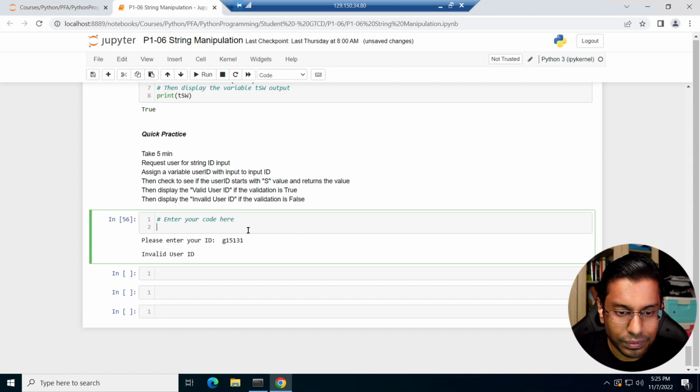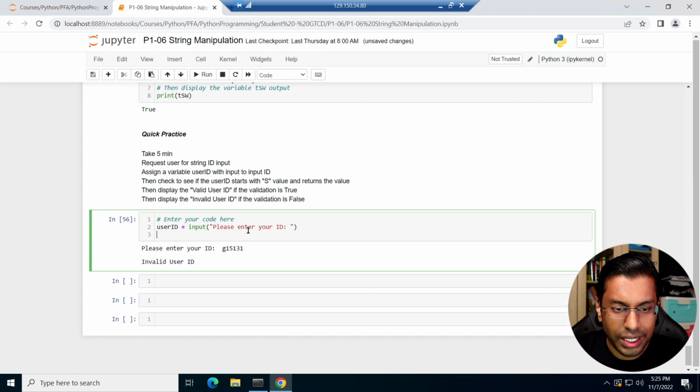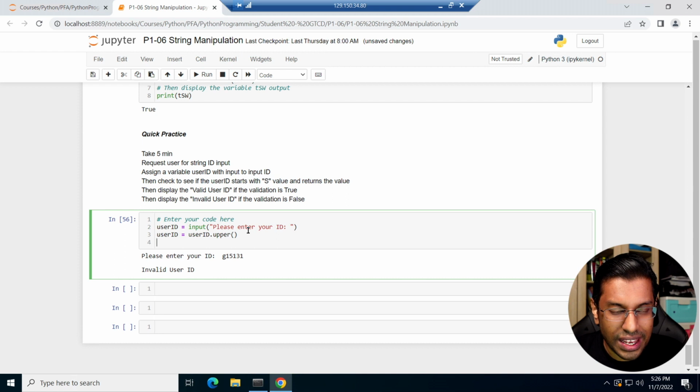So how do we do it? User ID is equals to input, please enter your ID, right? And then since we're going to be checking it, we just convert the user ID into user ID dot upper just for consistency, so that when we check, it only checks one uppercase value, right? So if user ID dot startswith, remember we want to check whether it starts with S,